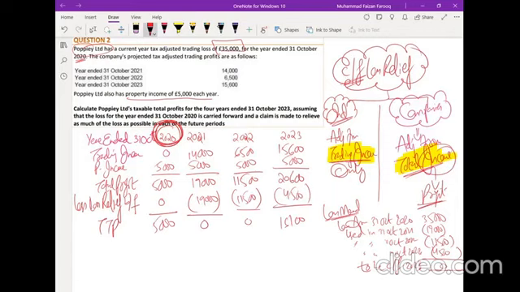What is the difference between the carry forward loss relief for an individual and a company? As mentioned, for an individual it applies only from trading income, and for companies it is applicable from total profits, which is adding up all the incomes. Any questions? The carry forward loss relief is done, completed.